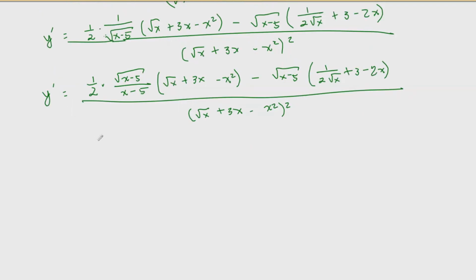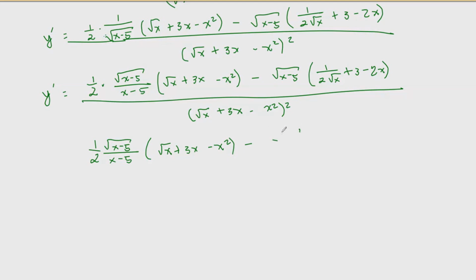So what I'll be doing will be something like this. So we have 1/2, and then that is square root of x minus 5 over x minus 5, and then that is square root of x plus 3x minus x squared,